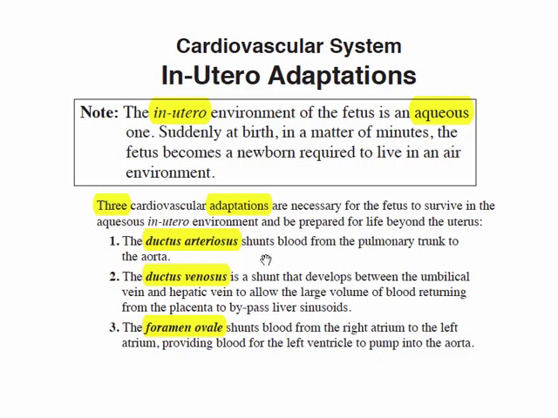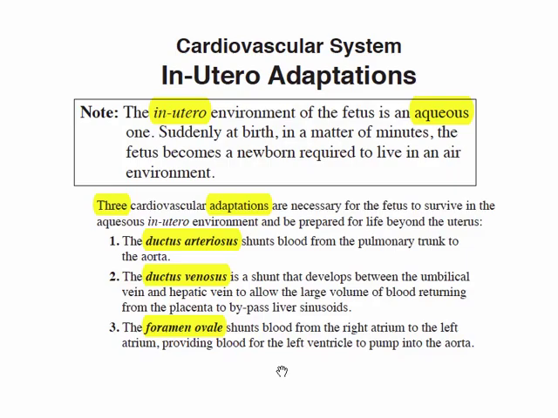The ductus arteriosus shunts blood from the pulmonary trunk to the aorta. The ductus venosus is a shunt between the umbilical vein and the hepatic vein to allow the large volume of blood returning from the placenta to bypass liver sinusoids, and the foramen ovale shunts blood from the right atrium to